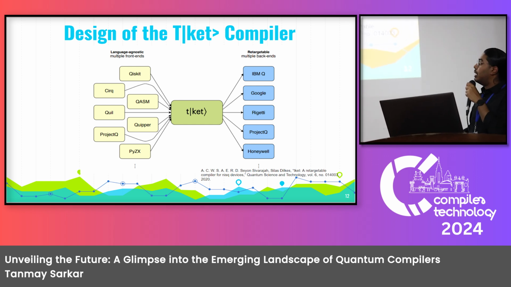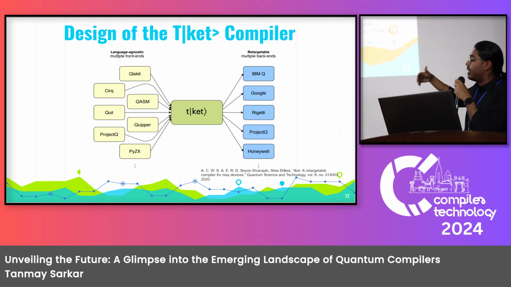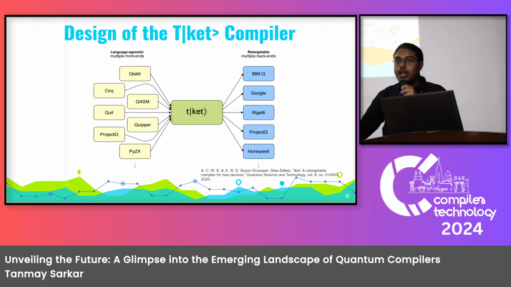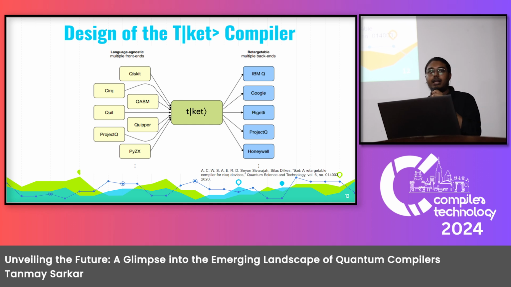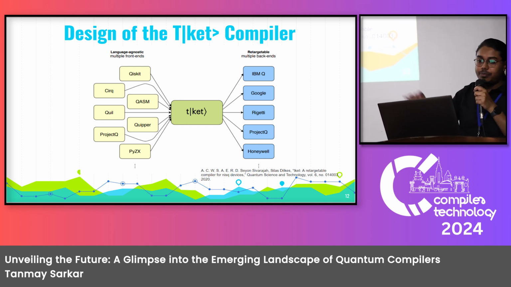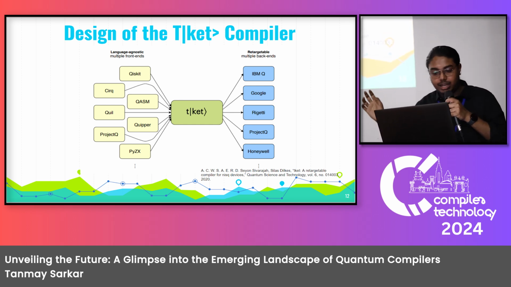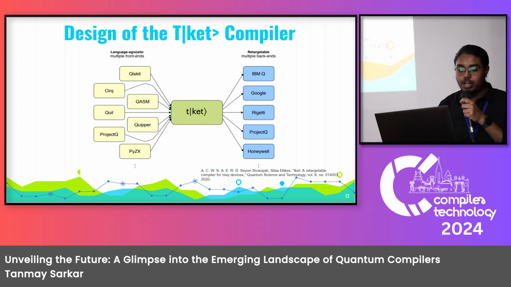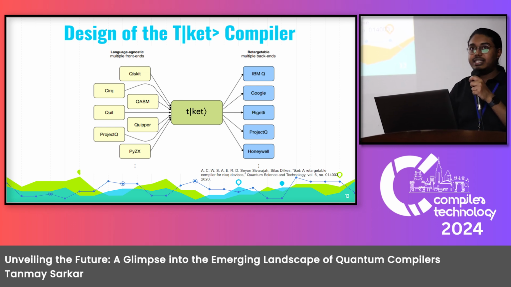For making quantum compilers architecture agnostic, hardware agnostic, and language agnostic, there is a compiler called TKET, which is a pretty popular compiler in the quantum domain. They have come up with more of an LLVM-like approach. Where you see all these, I won't be overdoing it by calling them DSLs for quantum computers. These are various dialects, and then there is the TKET front end.